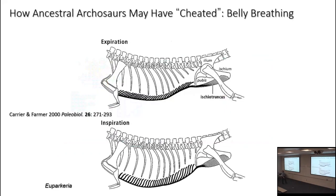Super efficient. Now, Carrier and his colleague, Colleen Farmer, who is not the Colleen Farmer who is a respiratory physiologist who worked here at the University of Maryland, but is an entirely different respiratory physiologist named Colleen Farmer. Small world. They would get each other's mail all the time. People would be writing to the wrong one. Anyway,